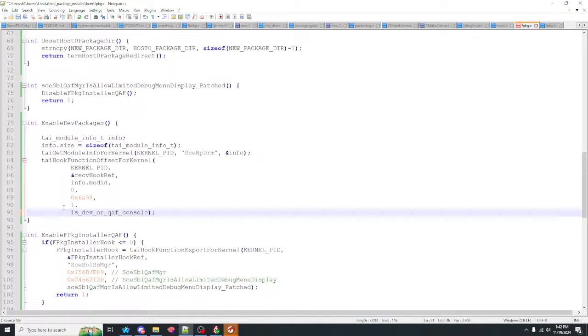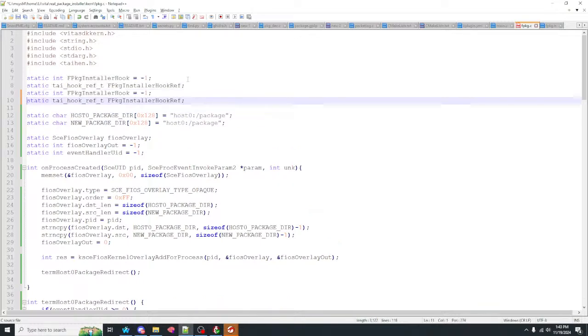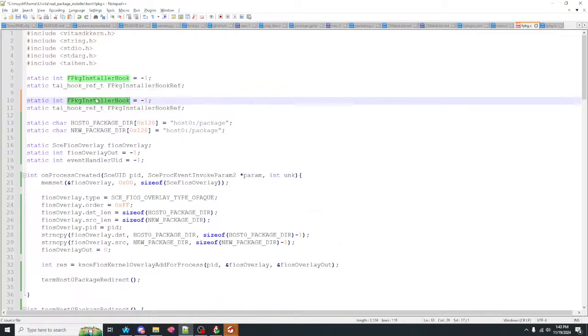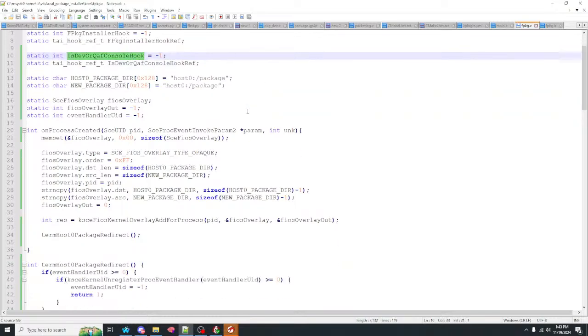Okay. Patched. Okay, and that will also be a hook. Let's see if I can have a set of hooks. Is dev console, is dev or QAF console hook. I know some people would be very mad at me for not acknowledging the QAF part of this, so